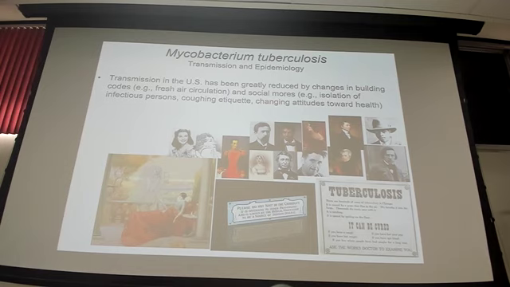We eventually started seeing signs like this, though, just warning the population there was gross spit in public areas where there would be a high likelihood of infecting other people, so we saw placards like this on trolley cars, warnings about tuberculosis as a disease. And gradually over time, people became better about coughing etiquette and things like that. But for a while, in the United States, we had a huge tuberculosis problem.